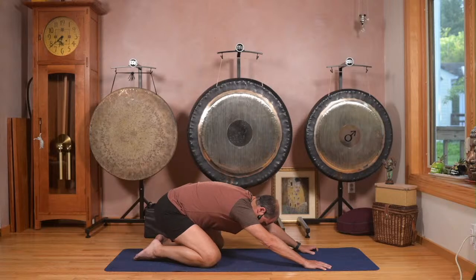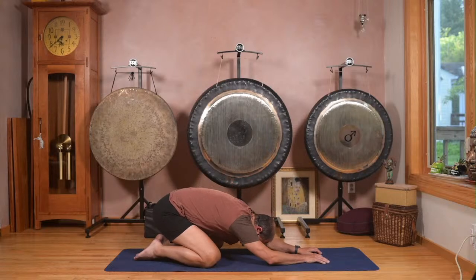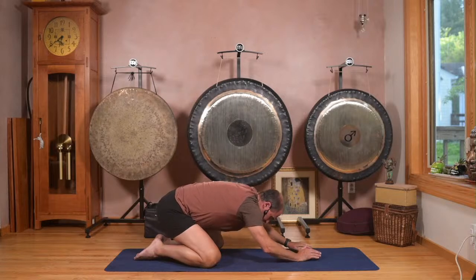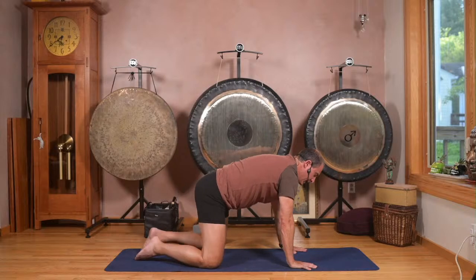Finally, let's remain in the child's pose, Balasana, and let yourself relax. Keep your attention on your breath, and with each exhale, let go. From here, we'll come back up into four points on our hands and knees and take your right foot and